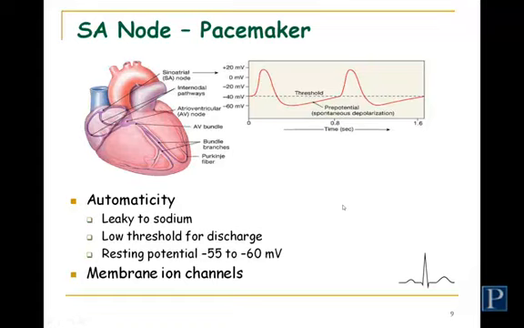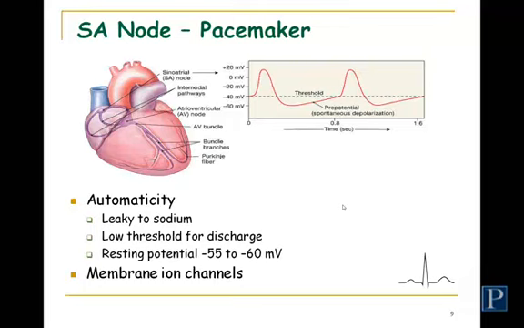So in a race, if you've got the leader in the race, this would be the leader, or the pace car, if you want to talk about NASCAR. This is the pace car. Everybody's set to this pace. Now the SA node spontaneously depolarizes at a rate between 60 and 100 beats per minute, corresponding to a heart rate of 60 to 100 beats per minute. So our set rate for our heart is anywhere from 60 to 100. That's considered normal, because that's the spontaneous depolarization rate of the SA node.